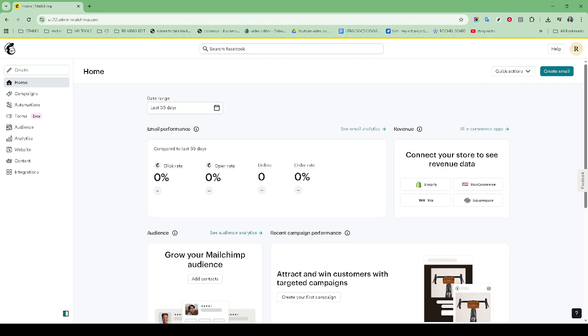Once you're in, you'll see various template options available to you. Look for the one labeled Code Your Own. It's the perfect option if you're looking to have full control over your design and want to make the campaign uniquely yours. Once you select Code Your Own, you have the opportunity to paste your existing HTML template directly into